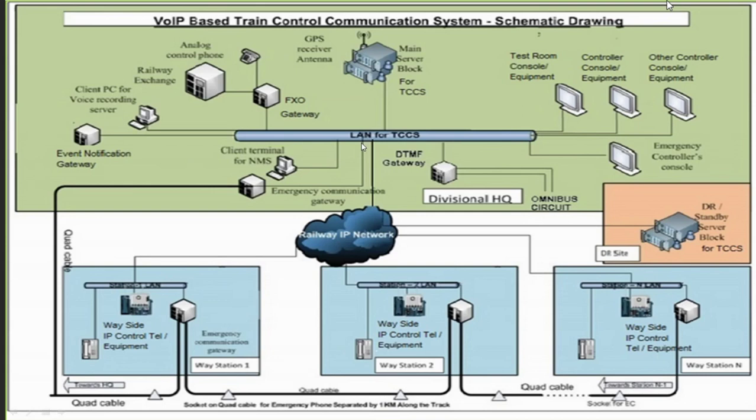One is the base unit and another one is your field unit. The base unit will be provided in your test room, and you can extend one auto telephone connection, one BSNL connection, and extend the feed to the EC sockets. At the EC sockets, you will connect your field unit with an EC male plug. You will connect this male plug to that particular EC socket, and you will have the push button telephone with 12 volts battery backup. This unit requires a battery, so you will have some 12 volts external battery backup.